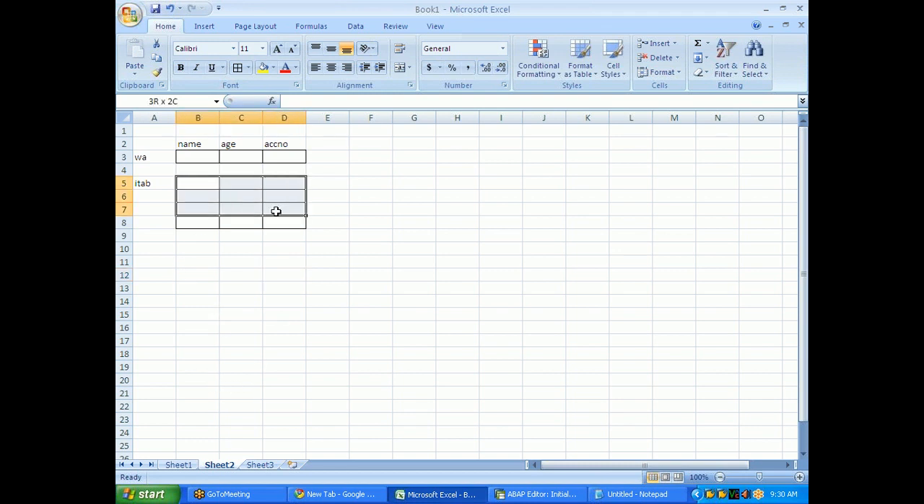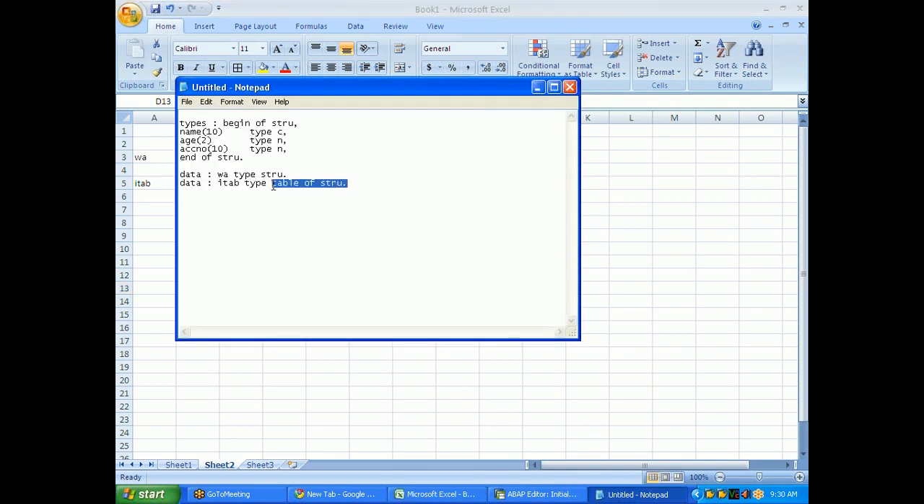This is an internal table. This is the work area. This part you know already. Work area can store only one record. Internal table can store multiple records. Now, if you declare like this, that means you declare the work area separately and the internal table separately, then this kind of declaration is called internal table